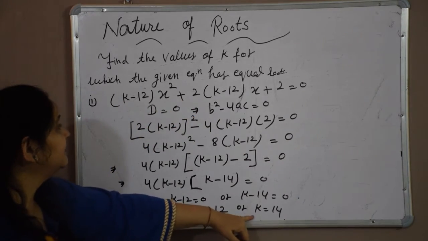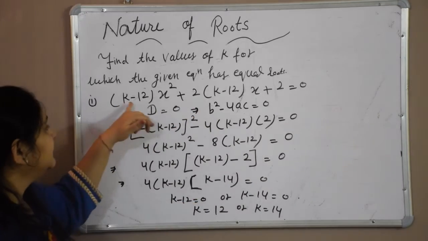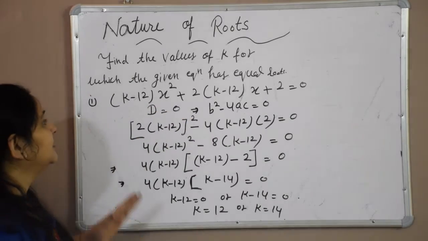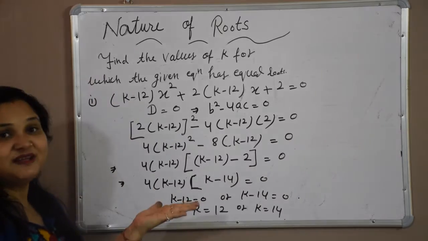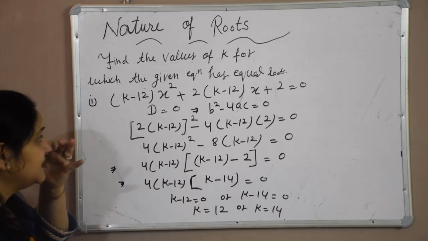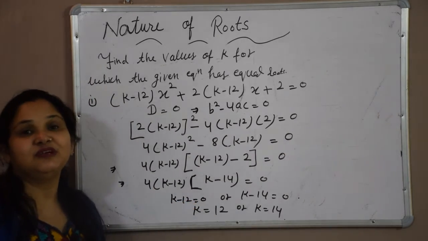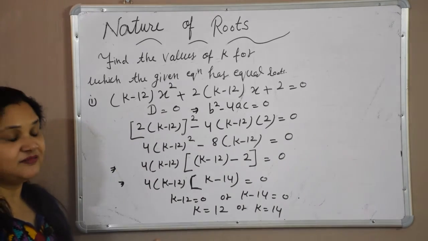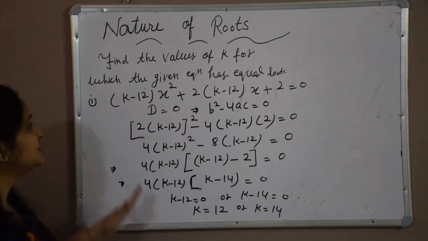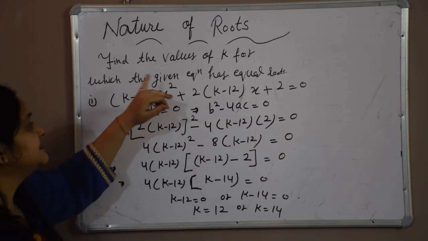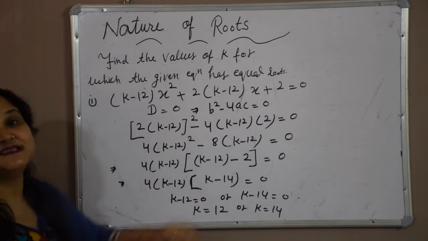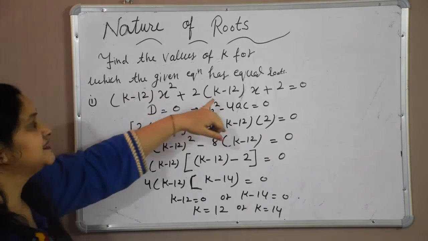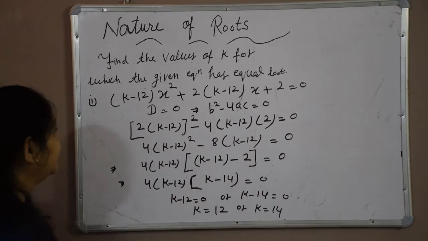Whenever we put the values in the given equation, we will always get real and equal roots, because it is already mentioned in these types of questions. What we are doing, we are just reversing. In the previous one it was given that we have to find the nature of the roots, but in these types of questions it is given that the equation has equal roots, and we need to find some unknown number, that is k. So questions are very easy.